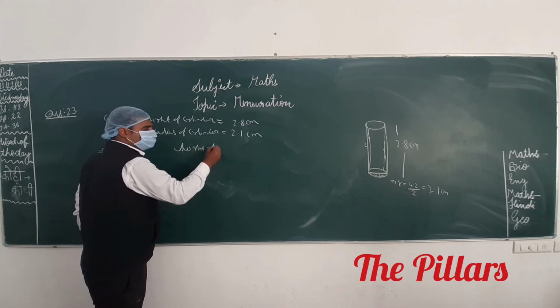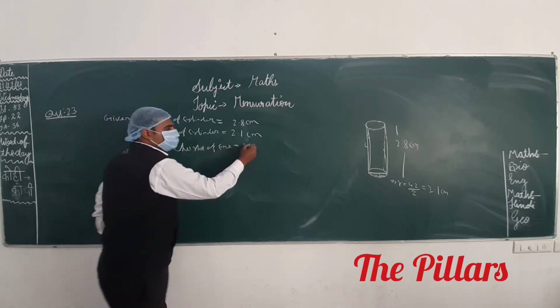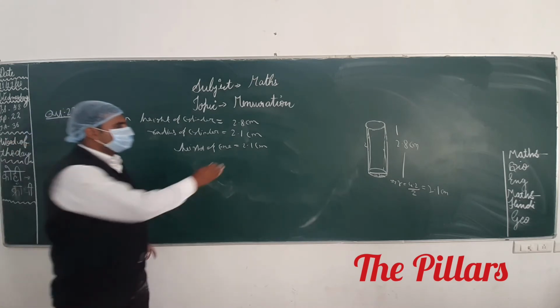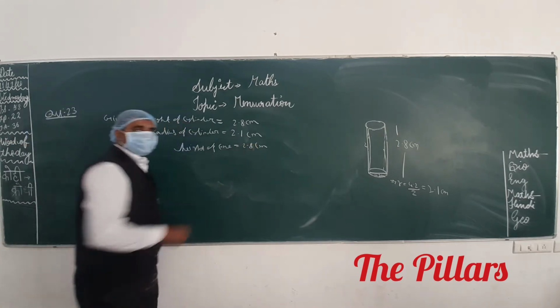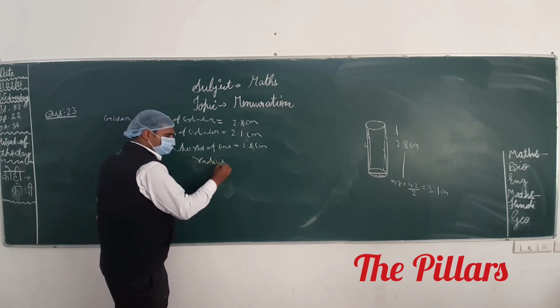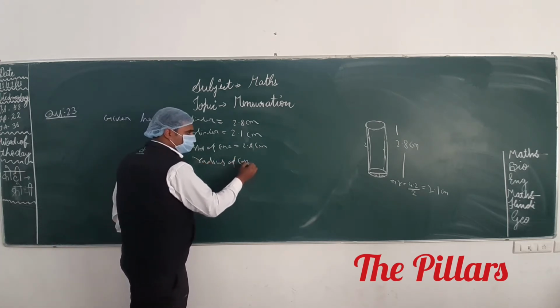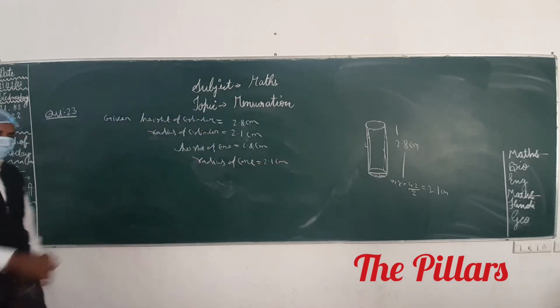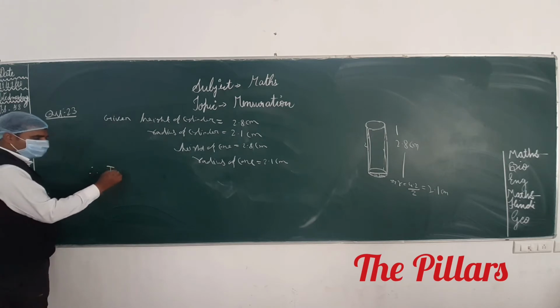Height of the cone equals what? 2.1 centimeter, and both have the same radius, 2.8. It means the radius of the cone is what? 2.1 centimeter. Therefore, you have to mention, therefore TSA of